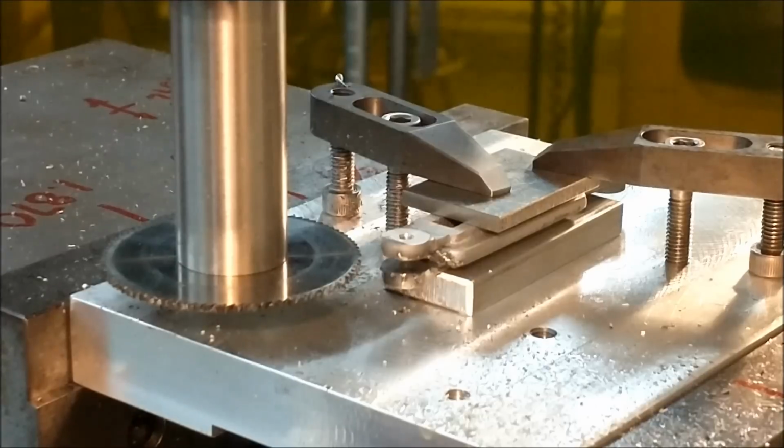Once I cut the center out of this particular feature, I move the table up and down to allow for the thickness of the saw to then create a slot equal to the dimension on the print. That is a 51 thousandths wide saw. That's about 1 millimeter and a quarter, or just under a 1/16 of an inch, and the final slot is